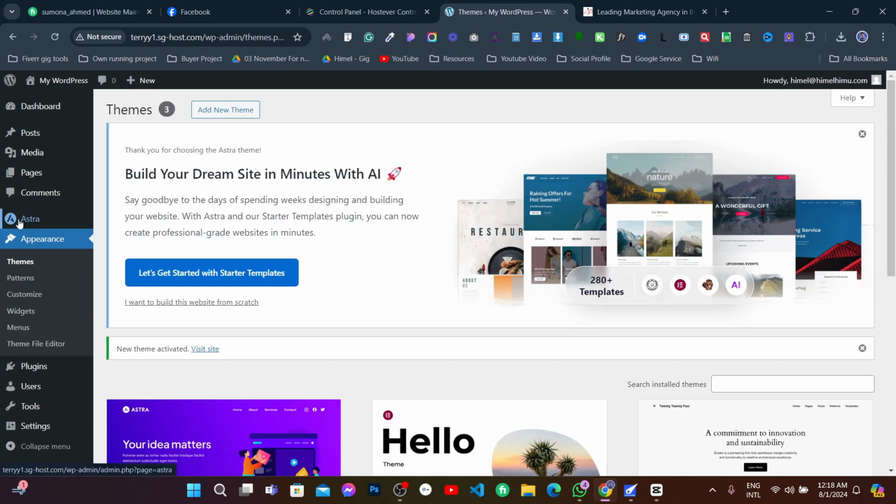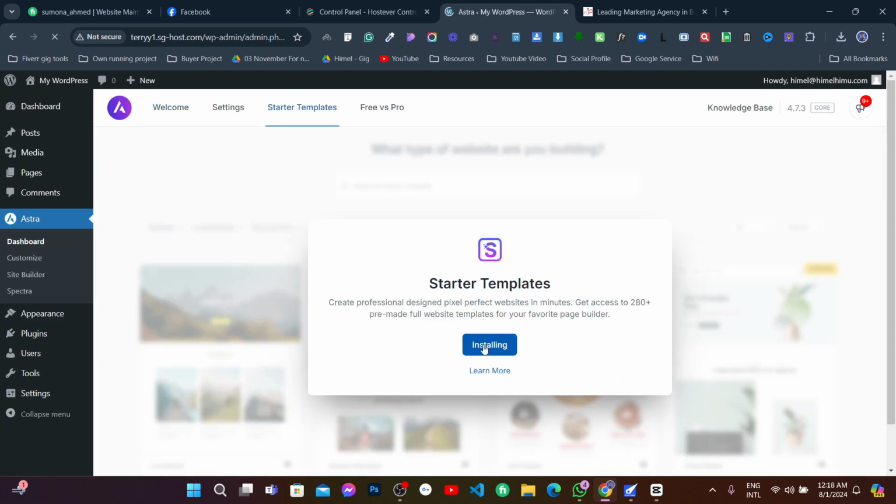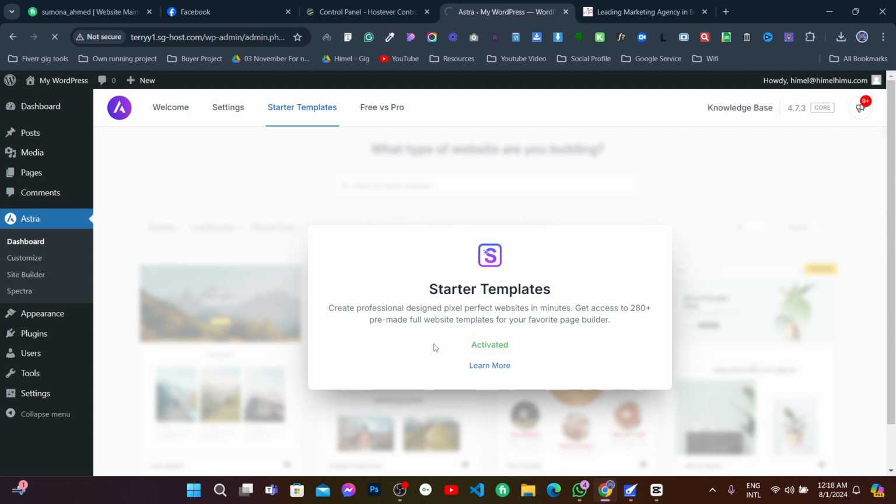After activating the theme, we'll find an option here. Click on Astra, then Dashboard, then click on Starter Templates. Click on Install and Activate. It's installing. Just wait a bit. Okay, it's installed and active. Let it load. It will automatically redirect to our template page